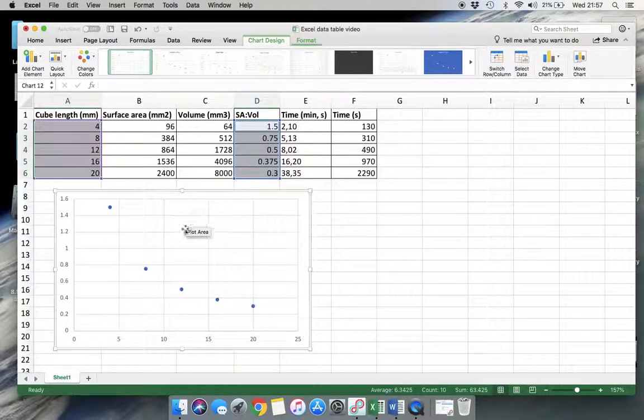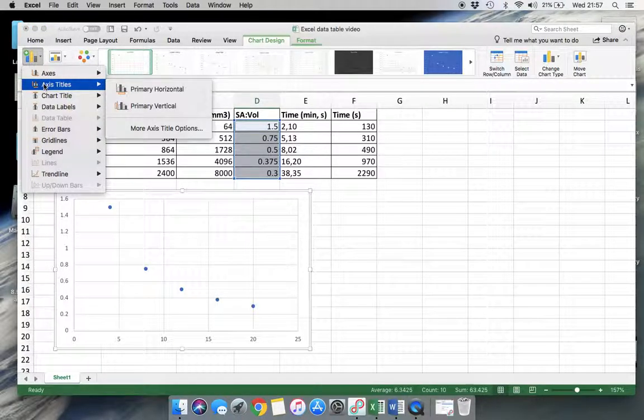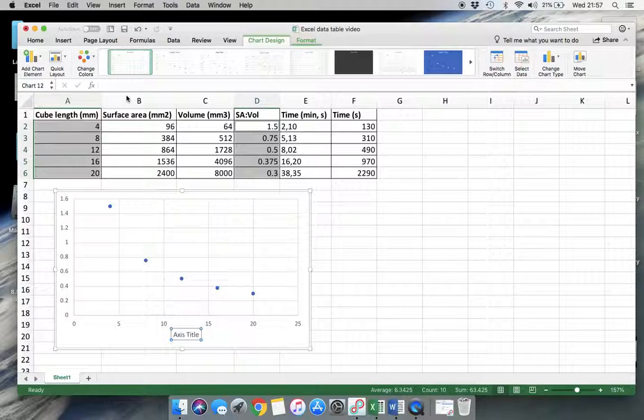So let's delete that. Next, I want to add in some axes titles because at the moment we've got numbers, but we don't have any descriptors of them. So we're going to click in Add Chart Element. We're going to scroll down to Axis Titles, scroll down to Primary Horizontal, click it, and then double click in there, and we're going to add in cube